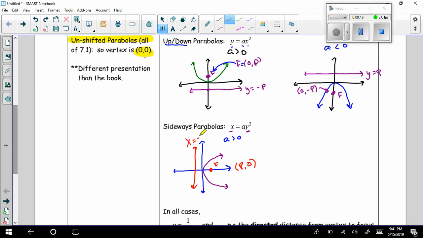X equals negative p for your directrix. If a is less than 0, we're going to just flip that over our y-axis this time instead of our x-axis. So it will be open this direction, again with that vertex at 0, 0. And we'll have our focus then on the left side of that. So your focus would fall here